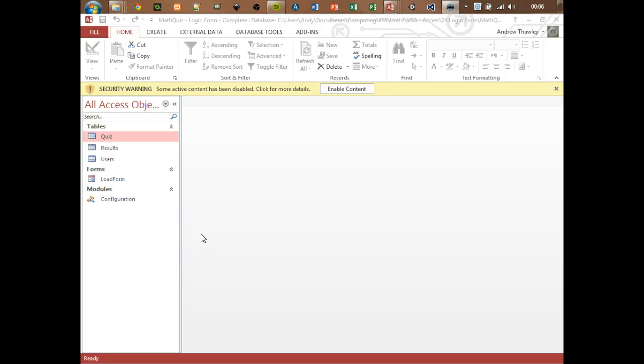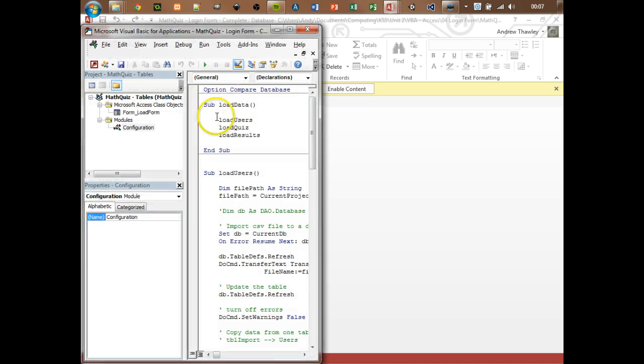Okay, this video is going to show how to create a login form and get it to display different data depending on what actually happens, providing custom error messages. This continues on from the math quiz example we had earlier, and in that we worked on our configuration where it basically loads up the data